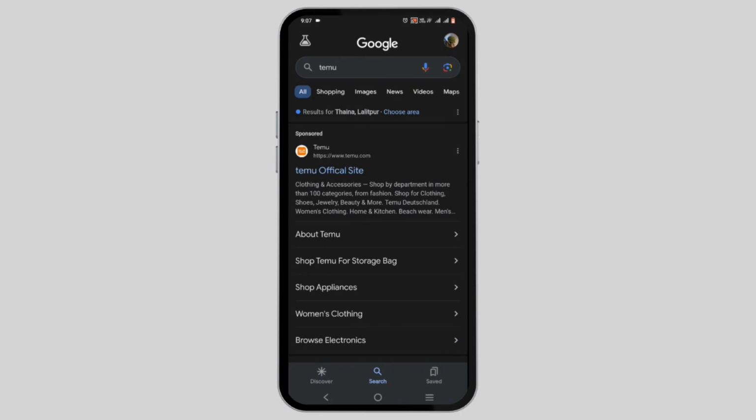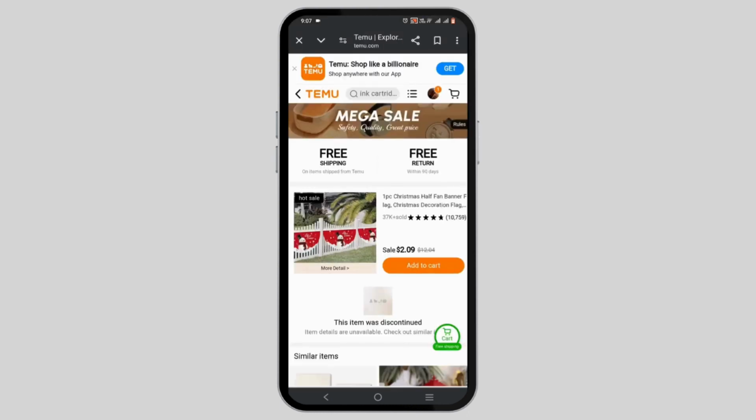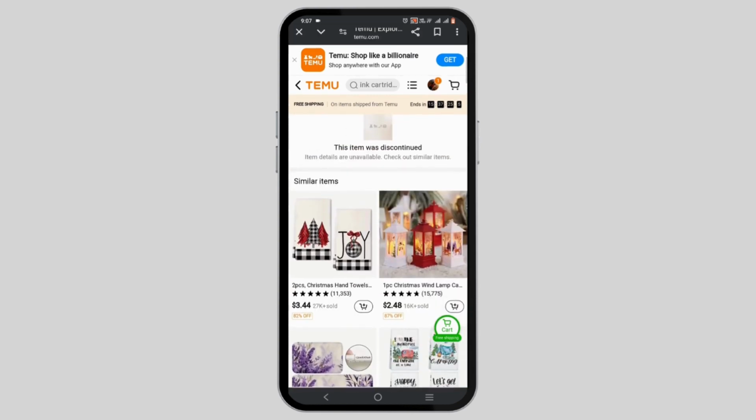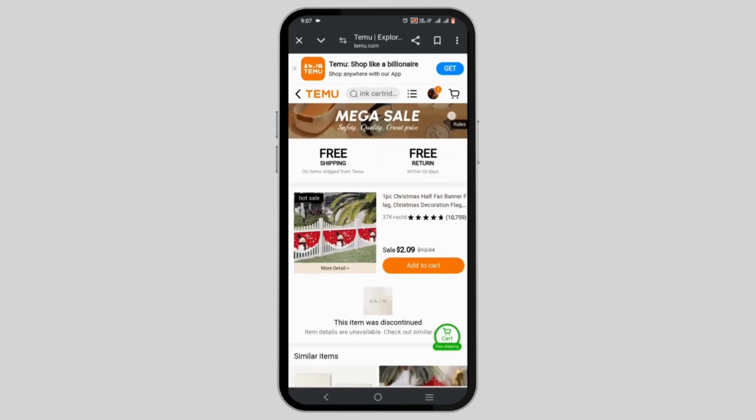To retrieve your purchase history on Temu app, you can tap open your Temu app or just open it from our website. The process is similar. Make sure to log in to your Temu account first and foremost. Once you are successfully logged into your Temu account, to retrieve your purchase history, you can just tap on the